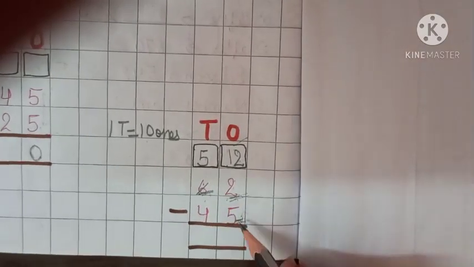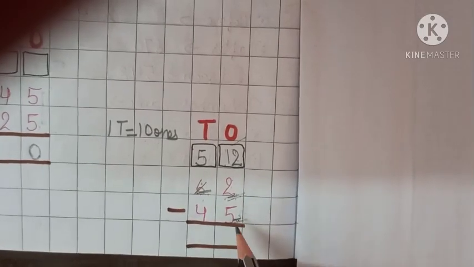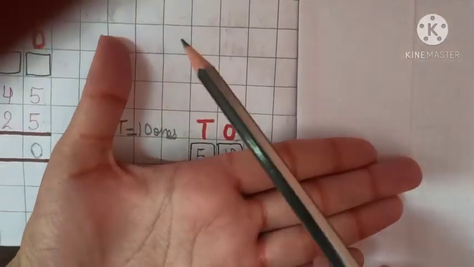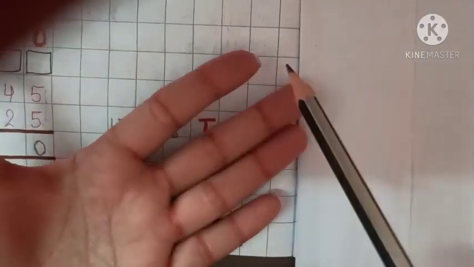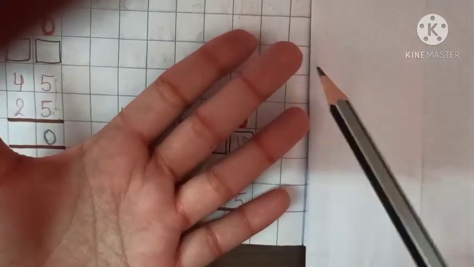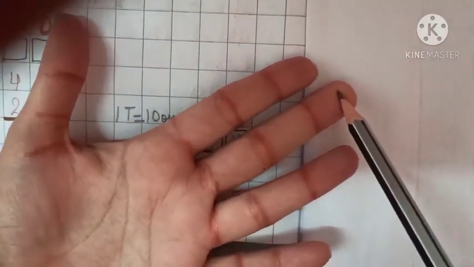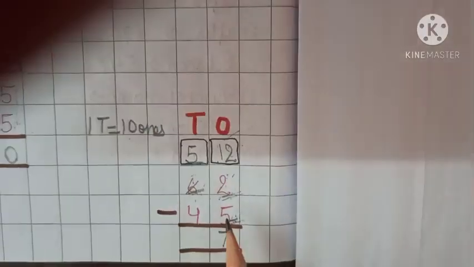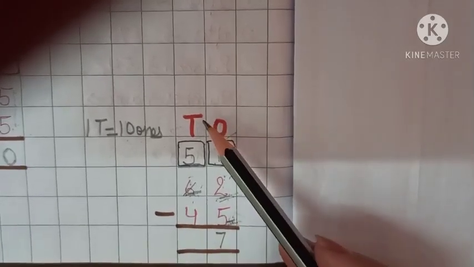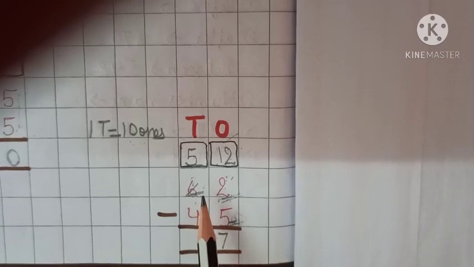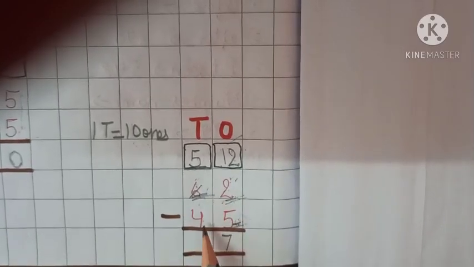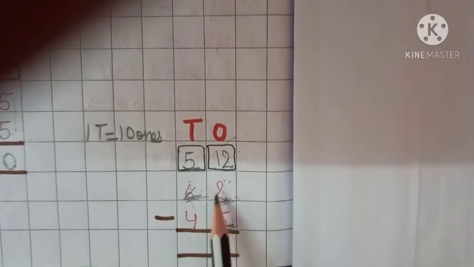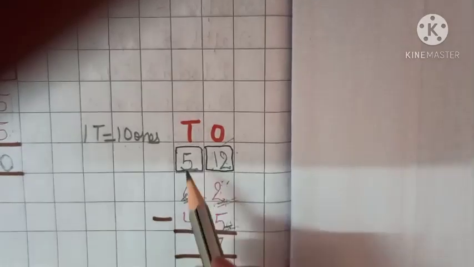So 12 minus 5, or subtract 5 from 12. So what do we get? After 5, what do we have? 6, 7, 8, 9, 10, 11, 12. So how many boxes? Yes, 7. So the answer is 7 here. Remember one thing. When we have to subtract from tens place, we cannot subtract 4 from 6. We have to subtract 4 from 5, because we have given 1 ten to ones place. So 5 minus 4 is